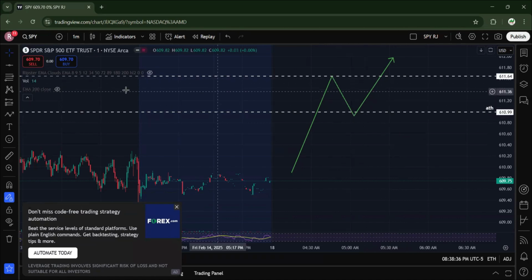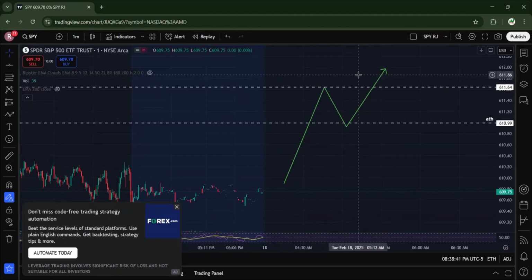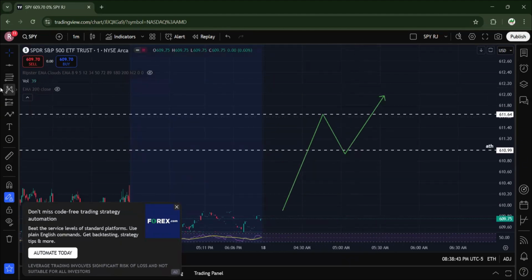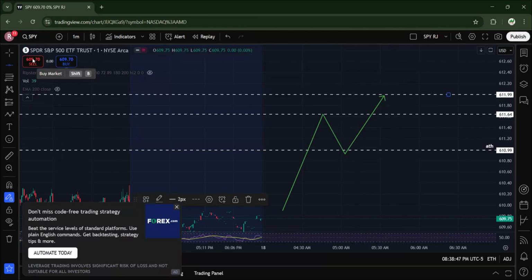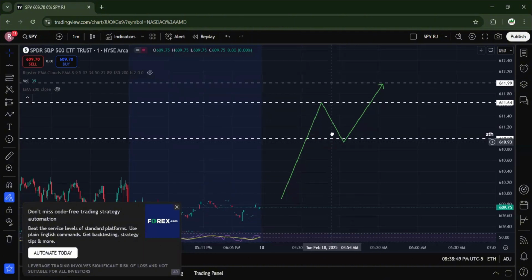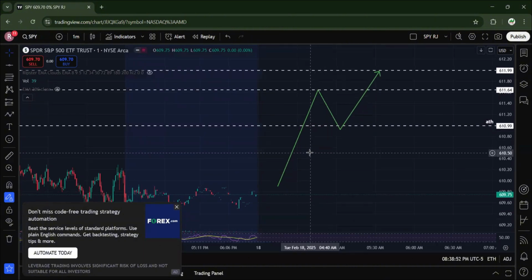I want my first target to be high of day. Then my levels after that are the levels that I have previously. So in this case, it would be 612, 613, etc. Now, the stop loss, this is where you have to understand basic market structure. The stop loss would be that next